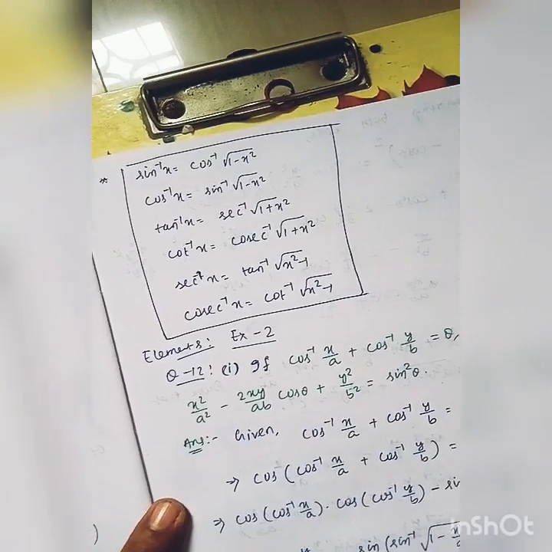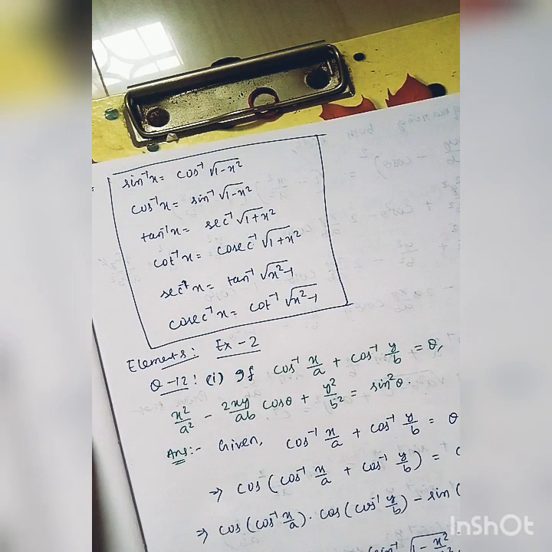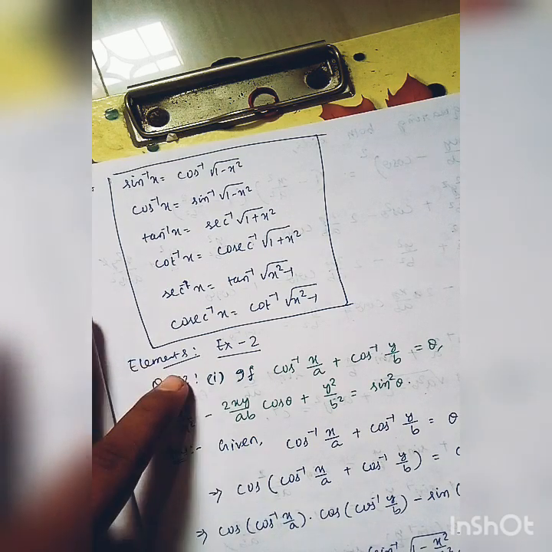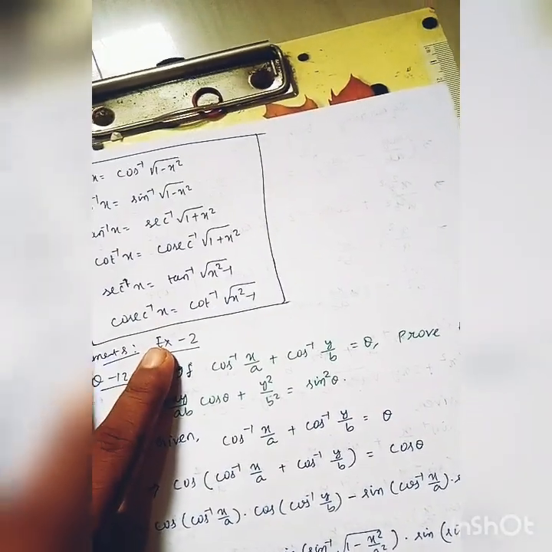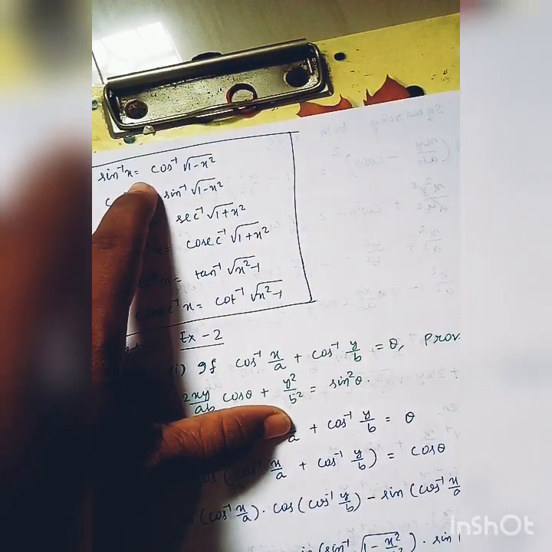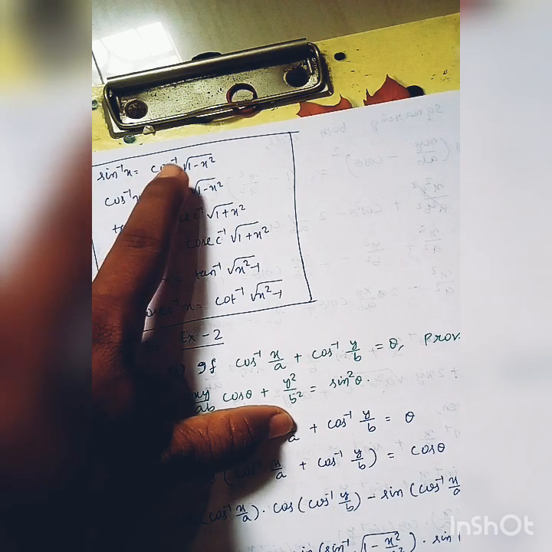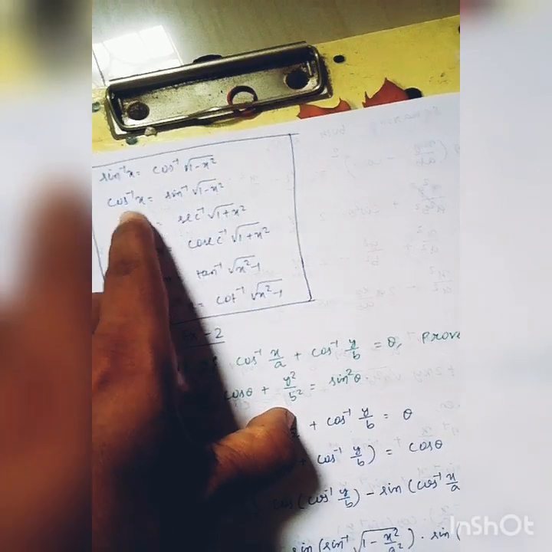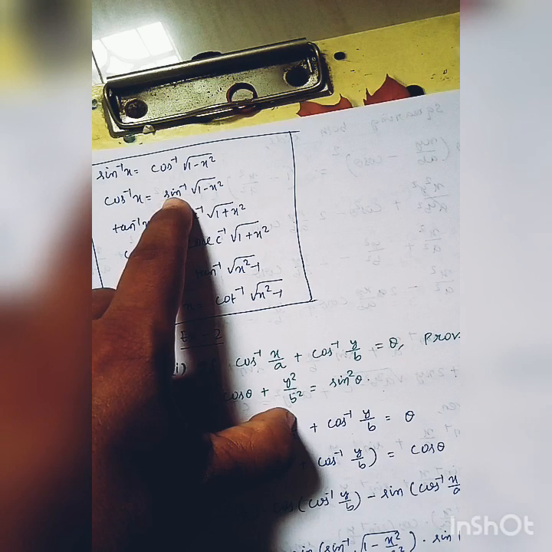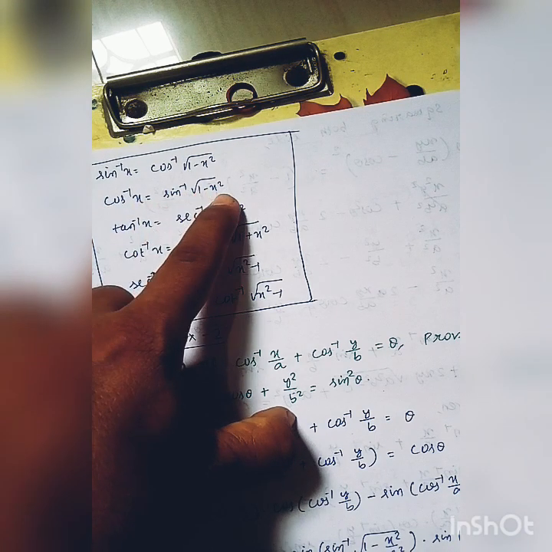Also we know directly from the trigonometric identity, sine square theta plus cos square theta equal to 1, sec square theta minus tan square theta equal to 1, cosec square theta minus cot square theta equal to 1. If sine inverse x is given, we can immediately find cos inverse. We know that cos theta equal to square root of 1 minus sine square theta, that is square root of 1 minus x square. If cos inverse x is given, we immediately find sine inverse of this. We know that sine theta equal to square root of 1 minus cos square theta, that is square root of 1 minus x square.